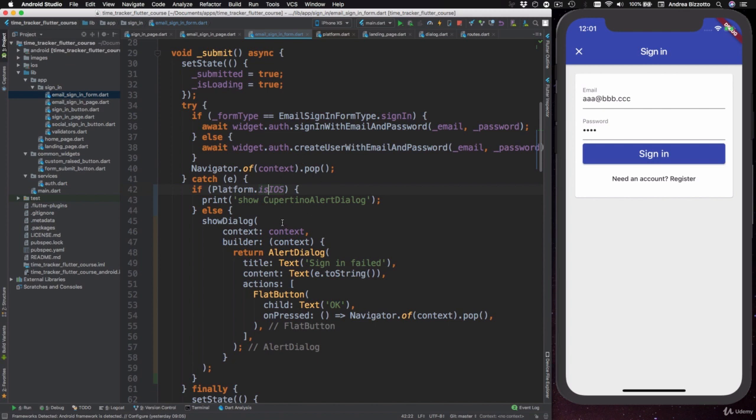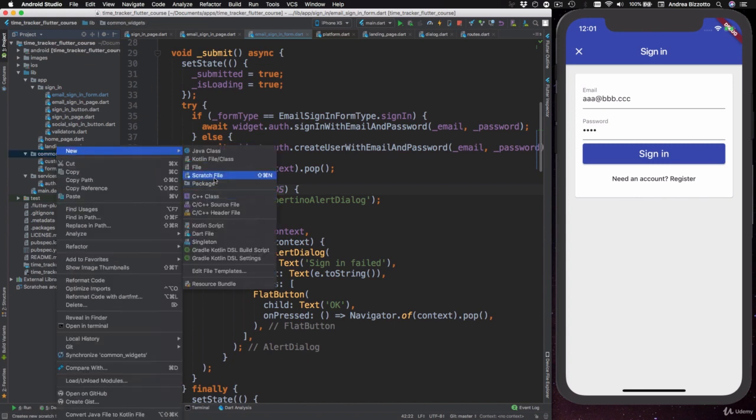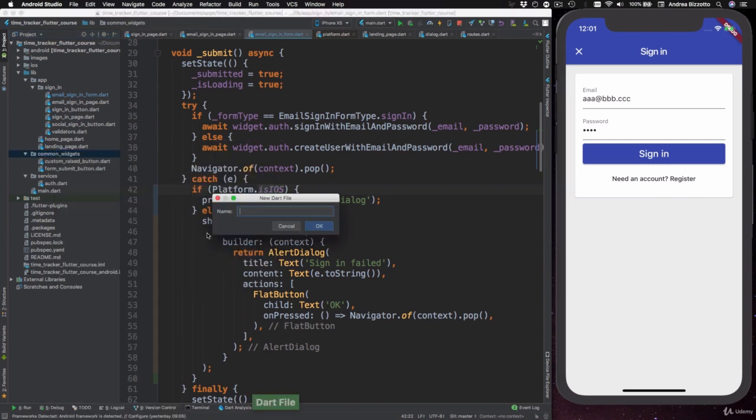What I'm going to do instead is to propose a different approach that we will use to abstract away platform differences by creating some custom platform-aware widgets. So what I'm going to do now is to create a new file inside Common Widgets. So I'm going to create a new Dart file, and I'm going to name this